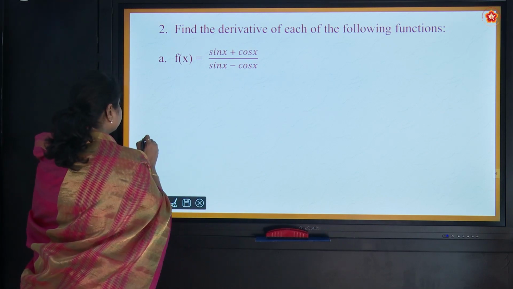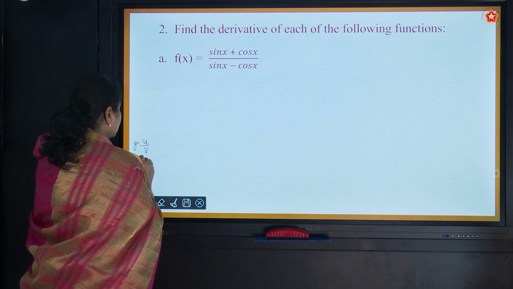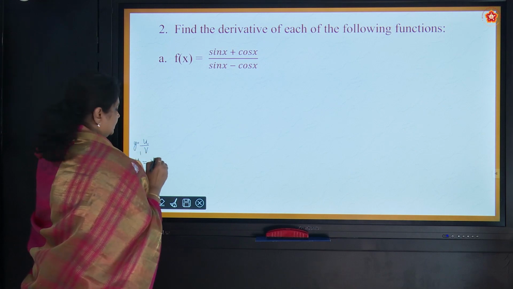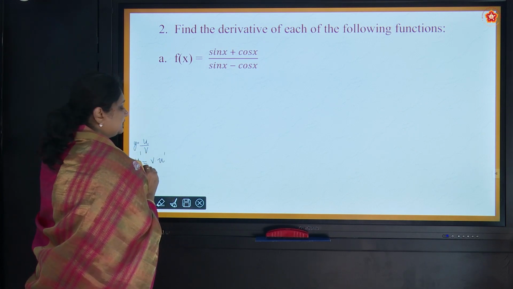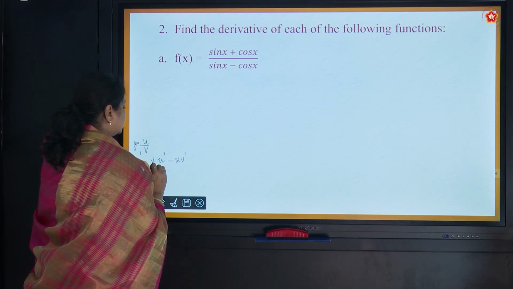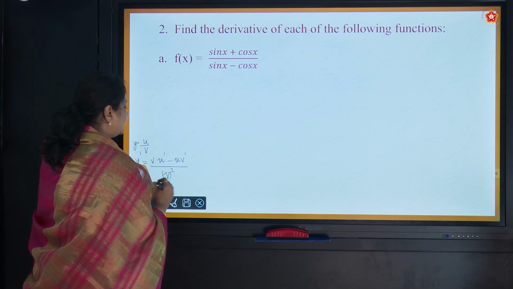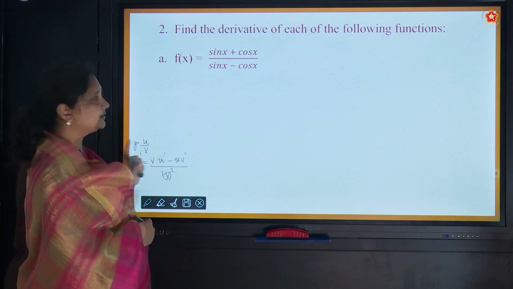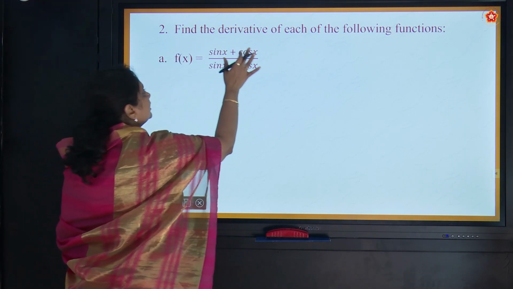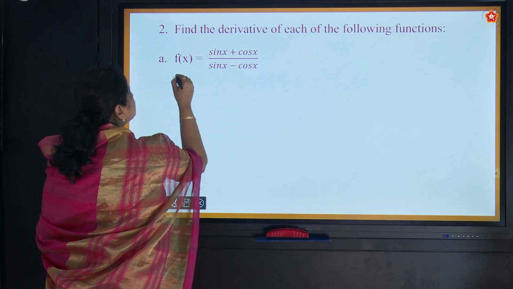So what do we do? Whenever a fraction is to be differentiated, y dash will be: the denominator kept unaltered, numerator differentiated, minus numerator kept unaltered, and the denominator differentiated, all divided by the denominator squared. So the outer function is the first thing; we have to use u by v. Let's see. Now differentiating